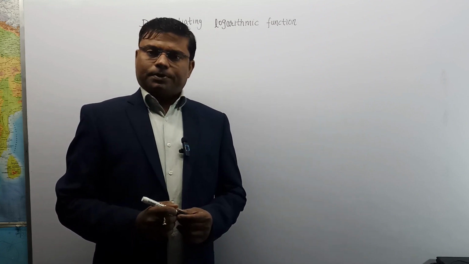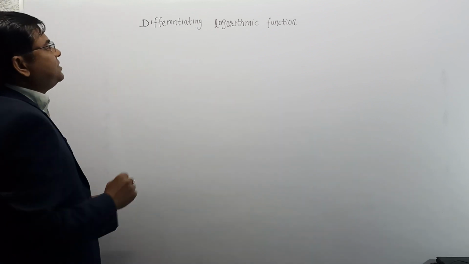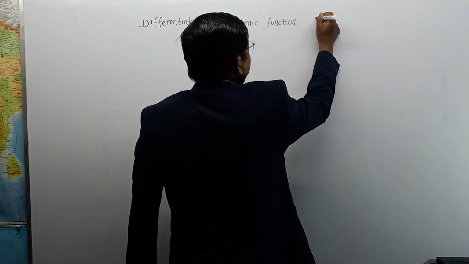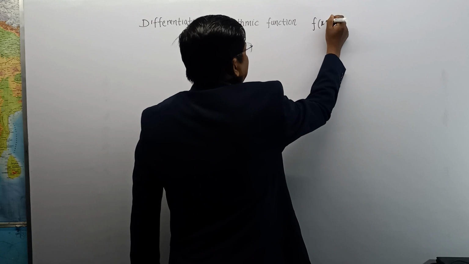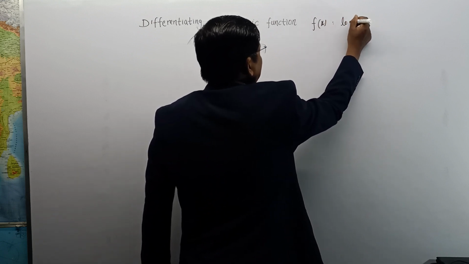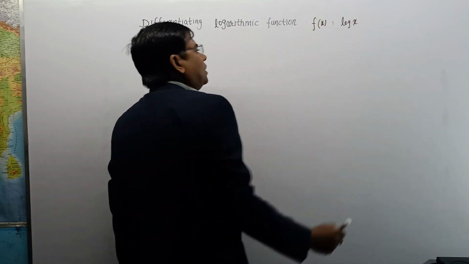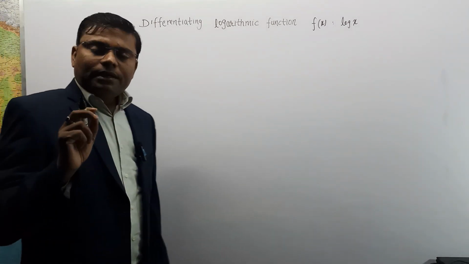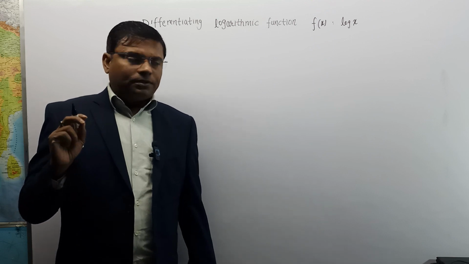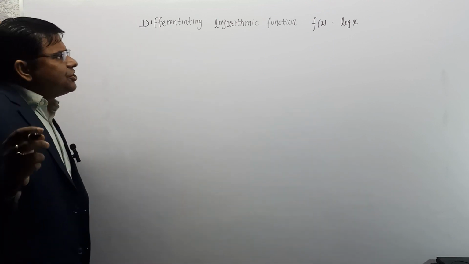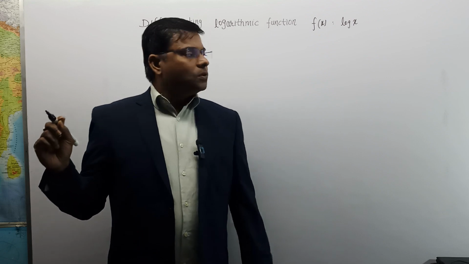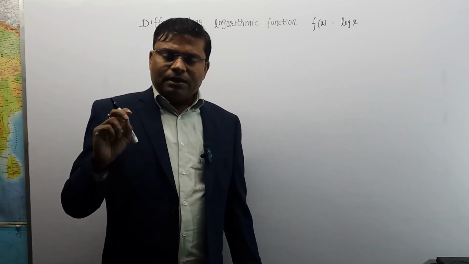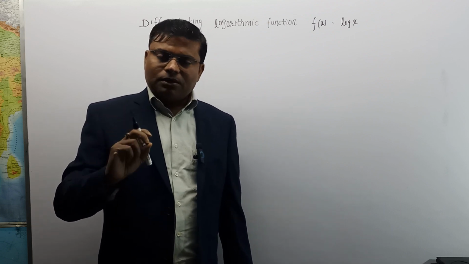हम लोगों ने प्रीवियस क्लास में एक्सपोनेंशियल फंक्शन को डिफरेंशिएट किया था बाय यूजिंग फर्स्ट प्रिंसिपल। आज हम लोग करने वाले हैं डिफरेंशिएटिंग logarithmic function, that is we have to find the differentiation of f(x) is equal to log x। log x का डिफरेंशिएशन हमें फाइंड आउट करना है। कैसे? बाय यूजिंग फर्स्ट प्रिंसिपल। ठीक है, तो एक एक्सपेंशन आएगा log(1 + x) का। जब हम इसको डिफरेंशिएट करेंगे प्रोसेस में, तो वो log(1 + x) का एक्सपेंशन आपको याद रखना होगा, ध्यान रखना होगा।